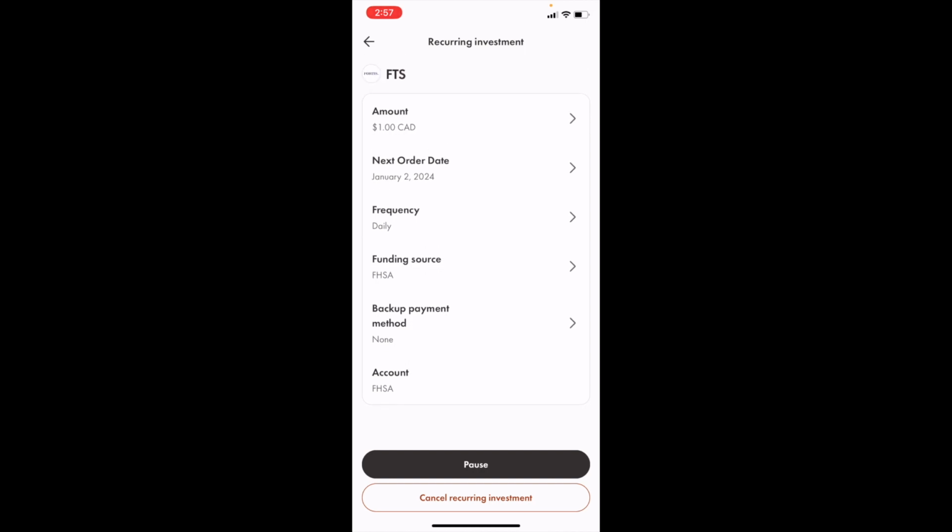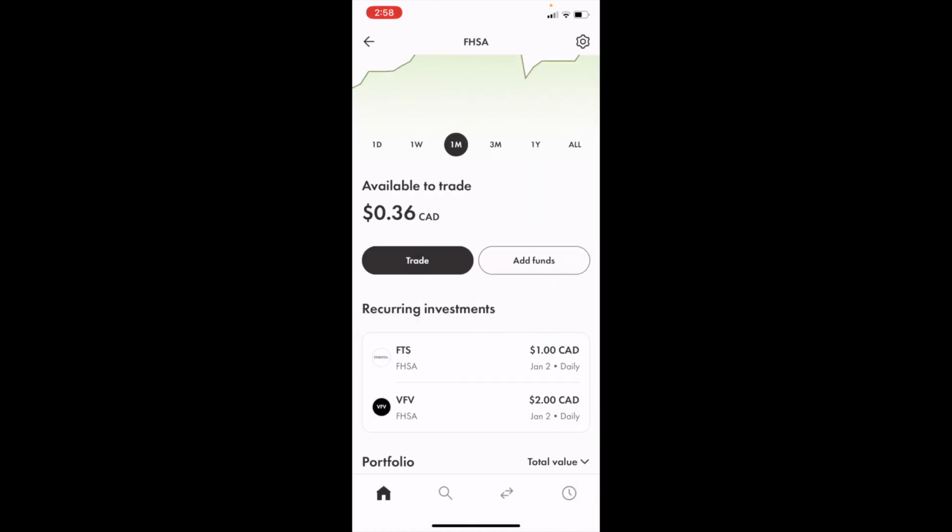You can either press on pause if you just want to pause it and have it resume at a later date, or what you can do is just go to the bottom, press on cancel recurring investment, and it'll cancel the entire thing, which makes you have to set up a new one in the future if you want to continue this recurring investment. But that's a pretty straightforward tutorial on how you guys can cancel automatic recurring investments